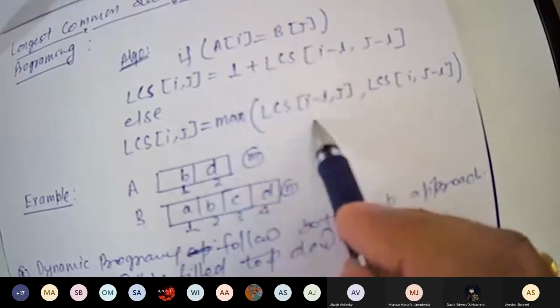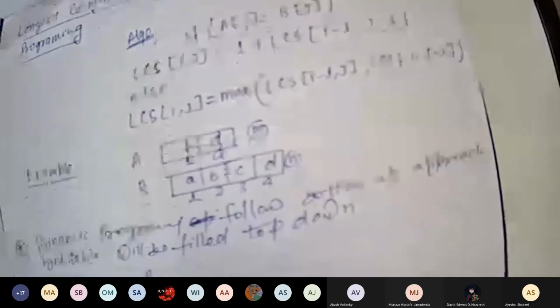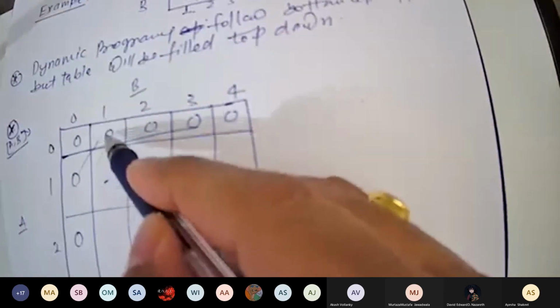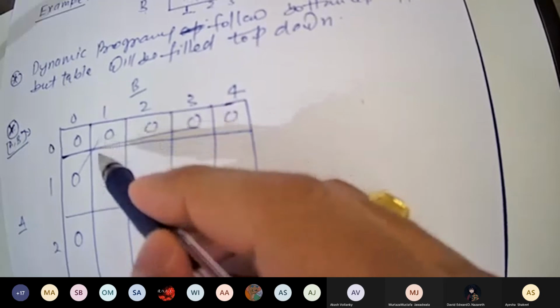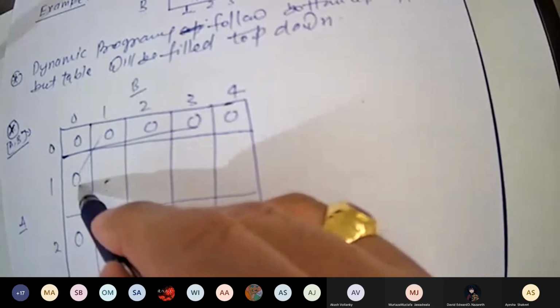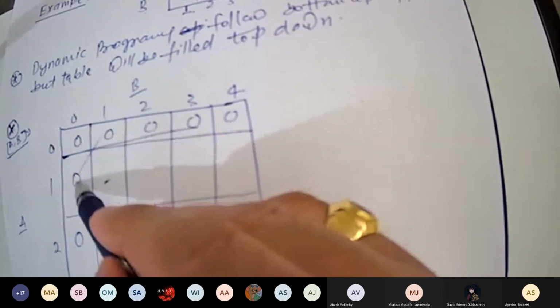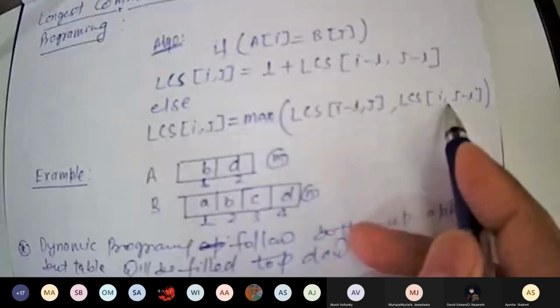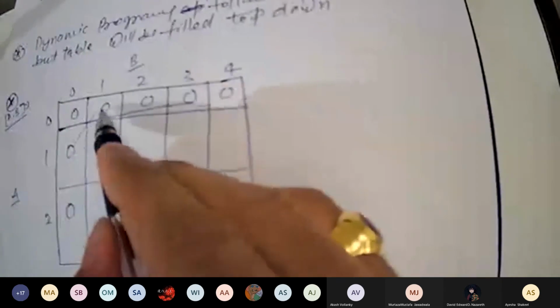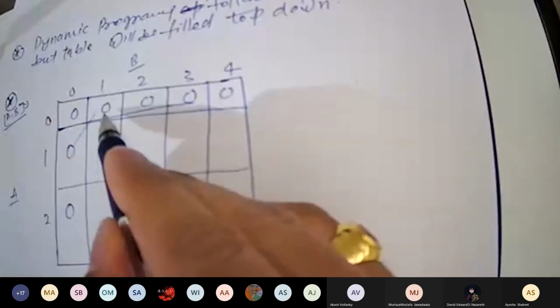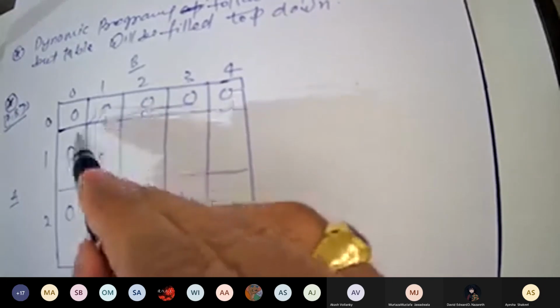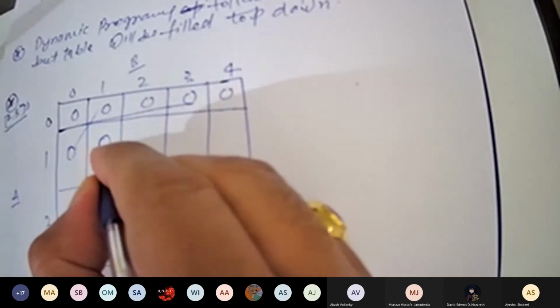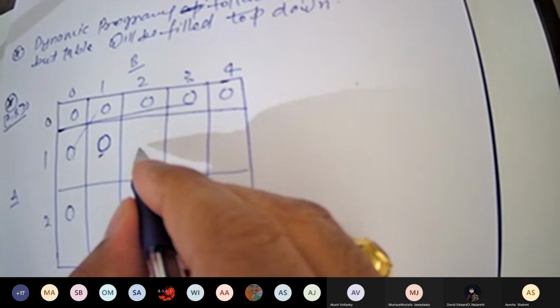It means this condition will not work, the second condition will work. You will take the value one row up and one column before. Whatever the value is there, this 0 and this 0, whatever is the maximum, that's what we have written here: I minus 1 J and I J minus 1, max. So whatever the maximum of these two will be, you will write it here. So what is the maximum of these two? 0. 0. So you will write 0. Let's fill this value.